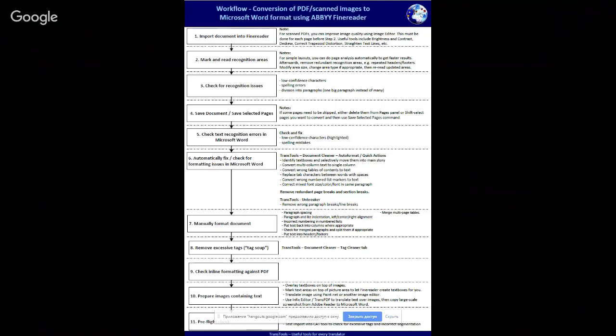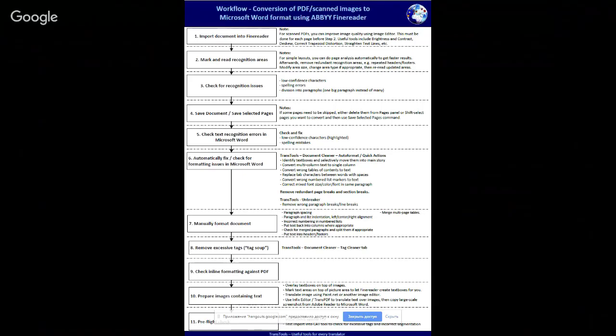And of course, the work does not end here. After translation, what you need to do is only ensure that all the text is visible. And usually the issue is in text boxes, which do not expand automatically to accommodate the text. After that, the document is complete and you can send it to the customer.